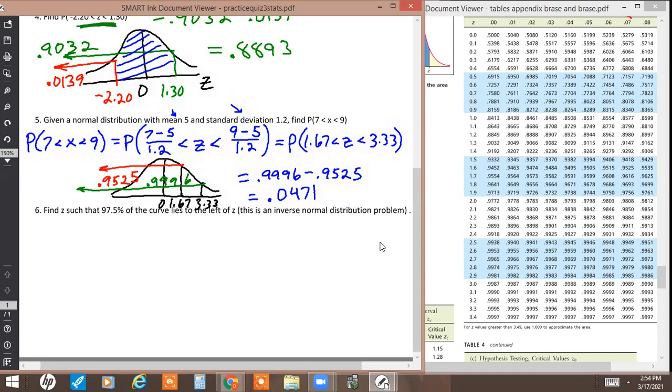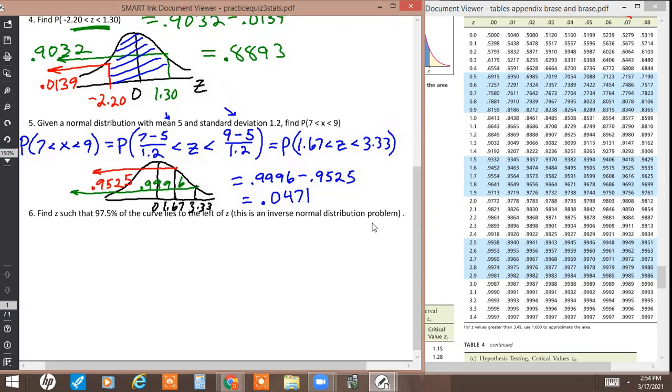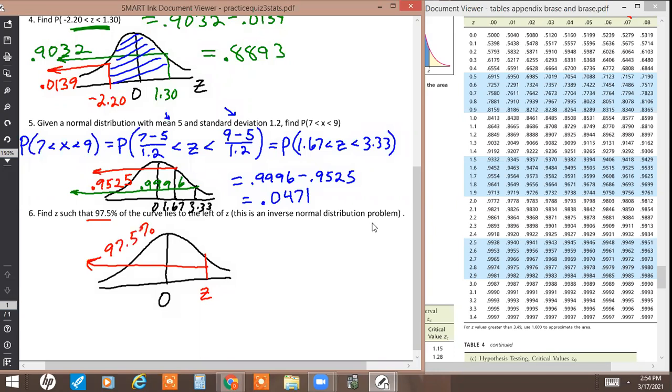Okay. Then finally, problem number 6, find z such that 95% of the curve lies to the left of z. So here's my standard normal distribution. I want to find the z value such that this area off to the left is 97.5%. I'm going to write that as a decimal. That's equal to